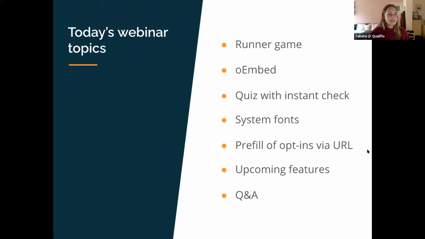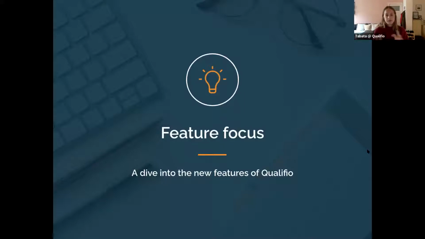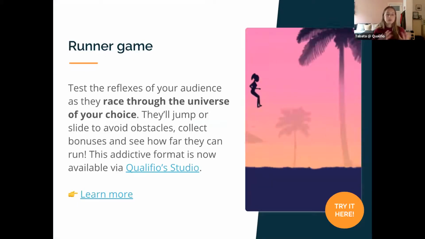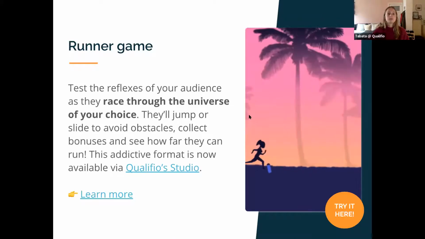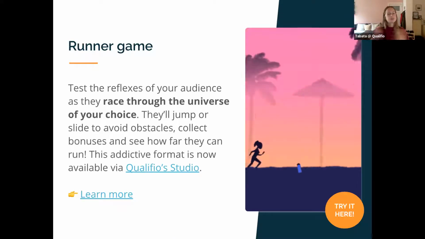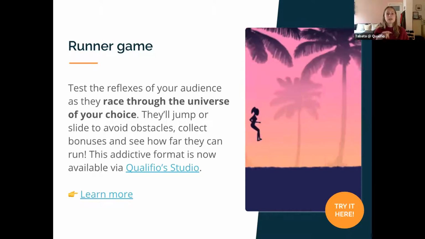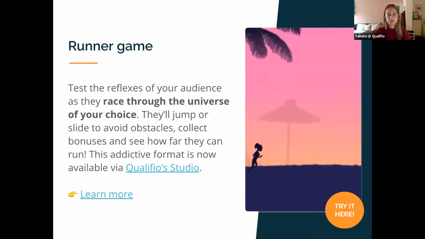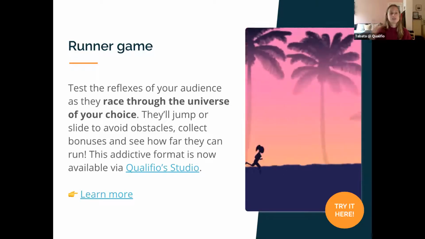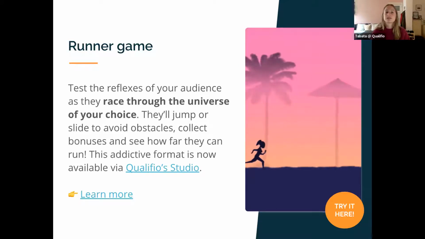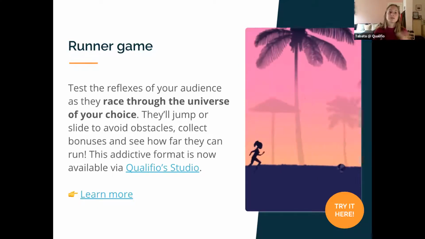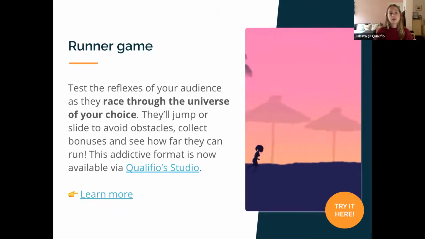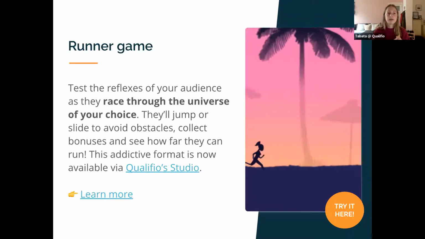Let's go. I'm going to start with a focus on a couple of recent features that we've added to Qualifio. First of which is the runner game. The runner game was really built to test the reflexes of participants. They have to continuously run through a theme or universe of your choice, and of course, they can jump or slide to avoid obstacles. They can collect bonuses to get more score. Basically, the whole point of the game is to run as far as they can to get the best